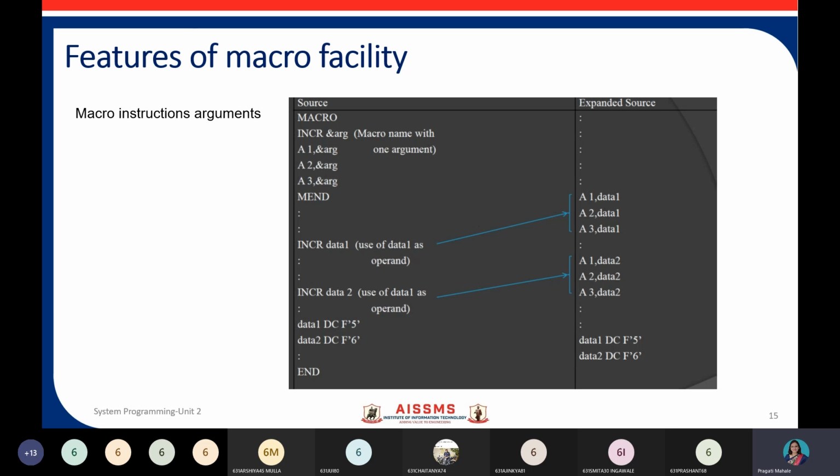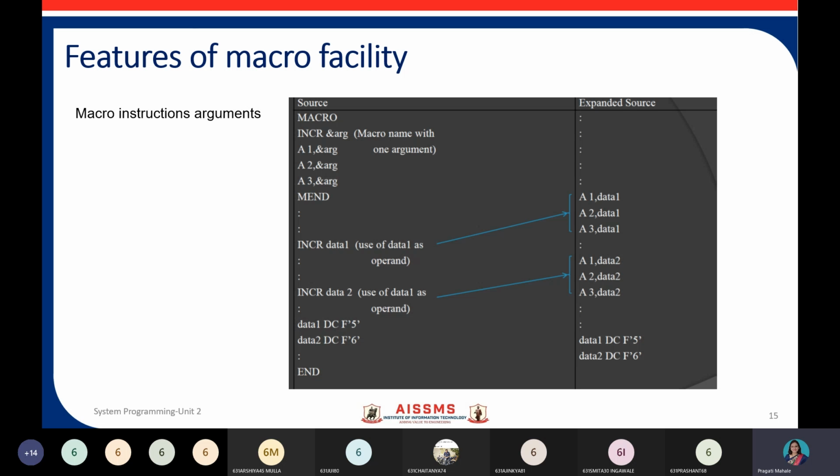When you make this call, increment data 1, data 1 is passed to this macro, and wherever you see the argument, it is replaced by data 1. So in the expanded code, you will see A1 data 1, A2 data 1, A3 data 1.